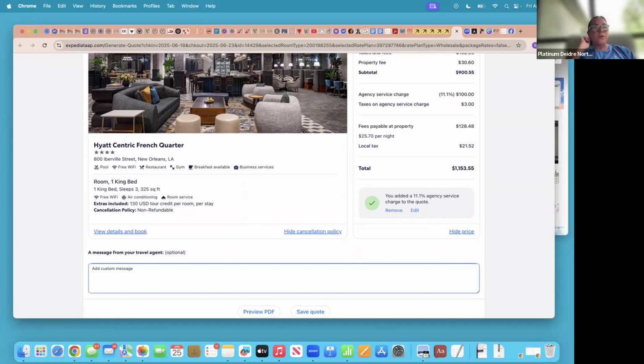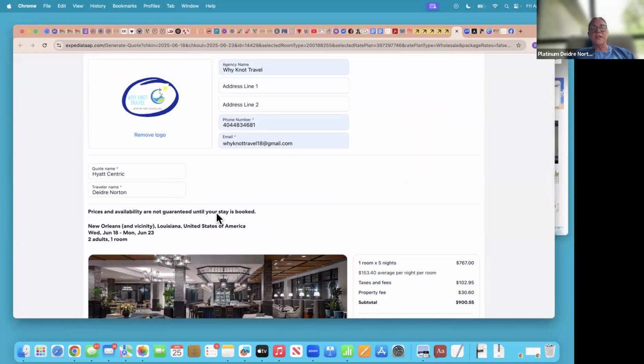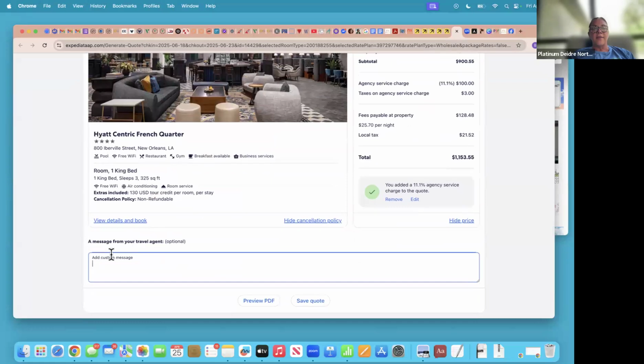When you send them a quote too, this is important. I didn't tell you this earlier. Always add right here, which I think it's up here. Yeah, prices and availability are not guaranteed. So that's in there, so you don't have to add that there. So here we would just do